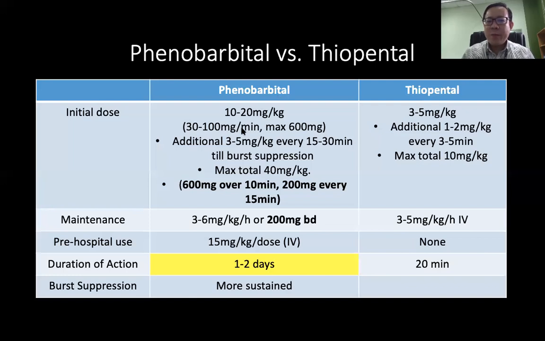Whereas when you give phenobarbital, the duration of action is longer. It will redistribute to the fat and come back later. After the initial dose, sometimes we need up to 1,000 or 1,400 milligrams. We give 600 first, then 200, 200, 200 until we achieve burst suppression. The burst suppression is still seen even when we repeat the EEG the next day. What it means is phenobarbital's action is maintained for at least 1 to 2 days and is more sustained in controlling status epilepticus in our experience.